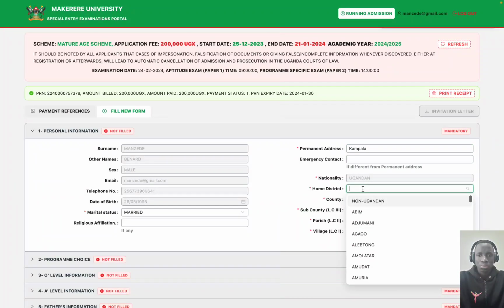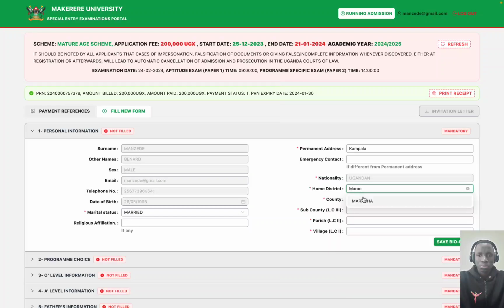Your home district, let's say mine is Maracha, and then my county, I'd say Maracha East, and then sub county, I think it's Trambu, and then the parish is only one, then the village is this.